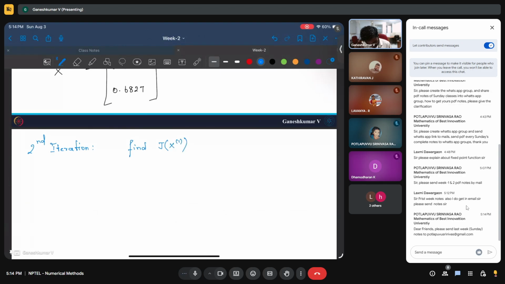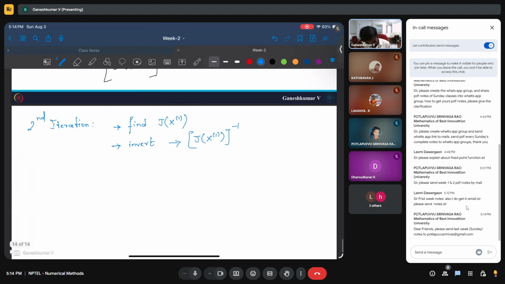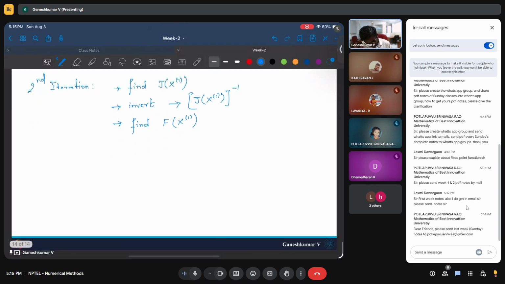Okay, and then invert the Jacobian matrix to get J of x1 inverse, and then find the function value f of x1, and then substitute them in